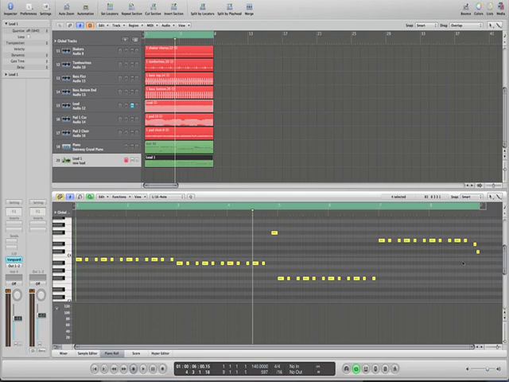Now, we've programmed trance leads countless times, so for us it's pretty much becoming second nature. But if you have very little experience of programming a good trance lead, I'd once again suggest you reread the dance music manual, or if you haven't read it, read it, particularly the trance chapter and programming theory for synthesis. If I recall correctly, that's chapters 4 and 12. Don't quote me on that though.